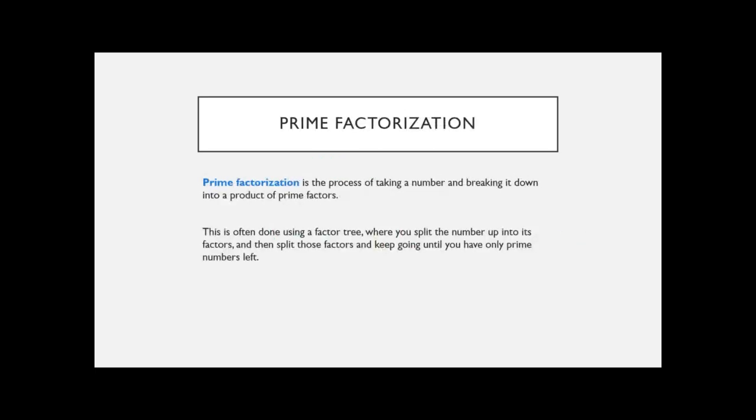Now, prime factorization combines these two concepts. So we're doing prime factors. So we're basically taking a number and breaking it down into multiplication of primes. So we're factoring the number. So we're writing the number